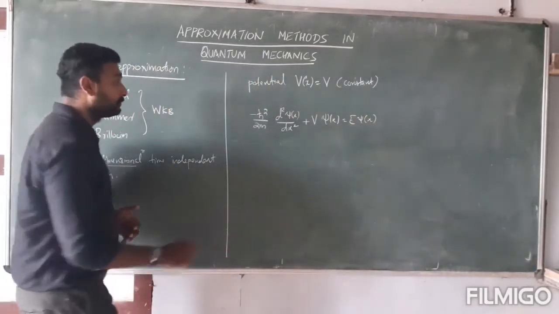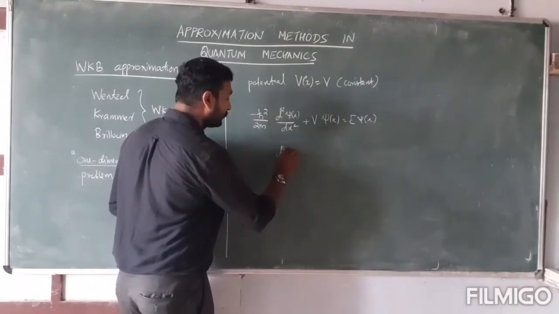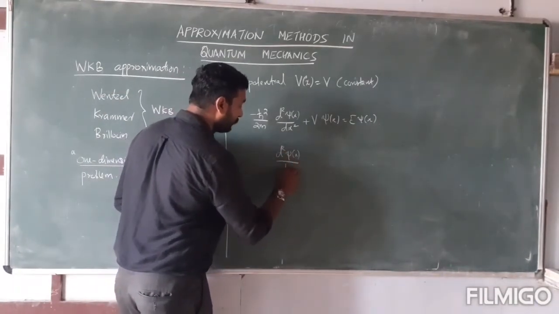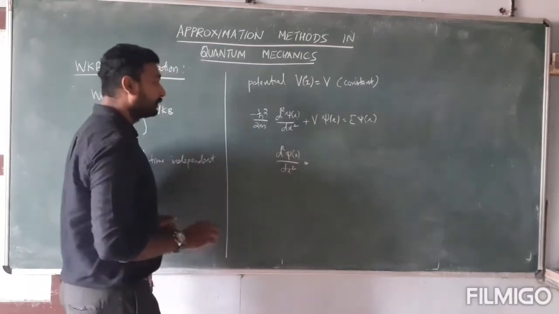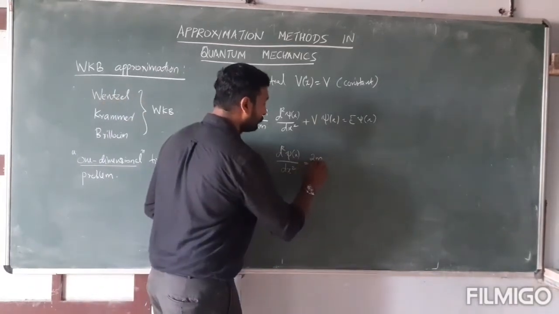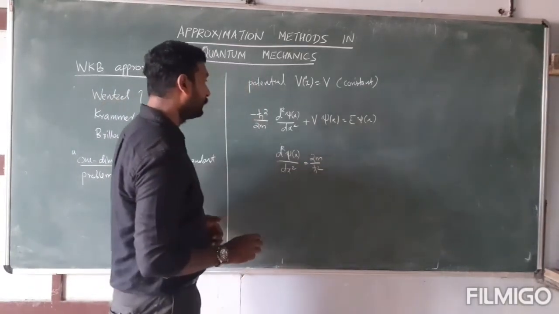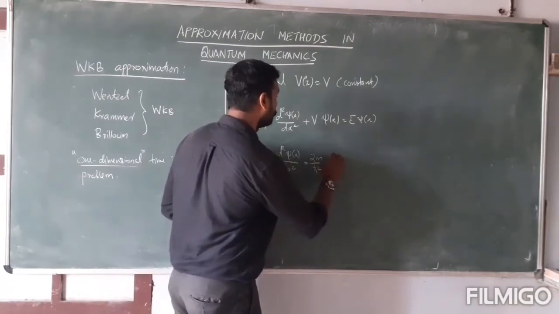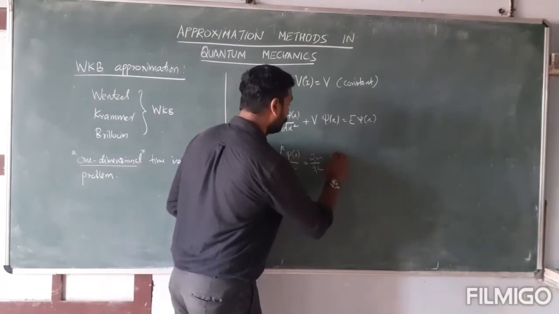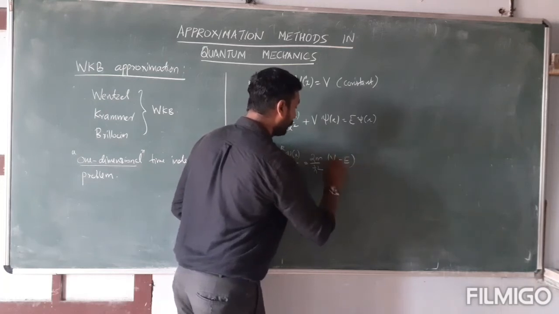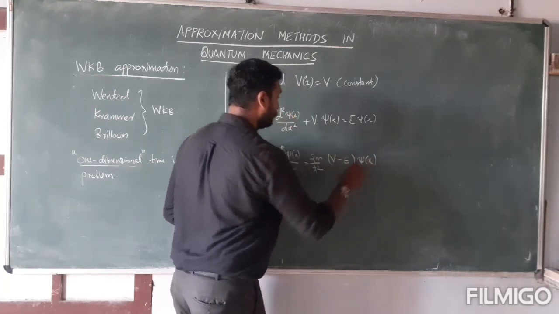If you rewrite, you can write this as d square psi of x by dx square equals 2m by h bar square (V minus E) into psi of x,